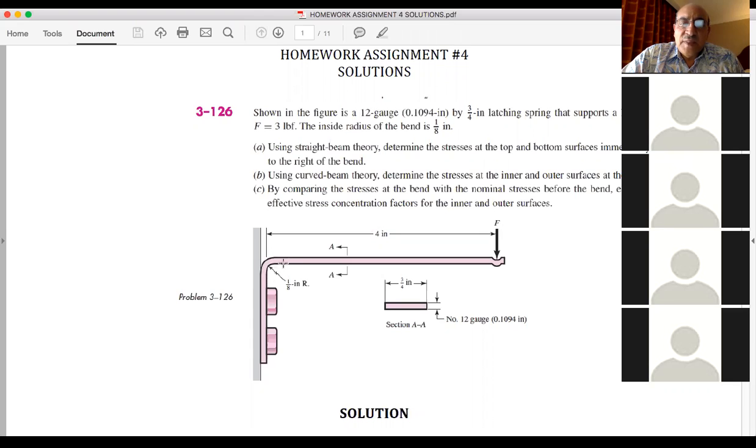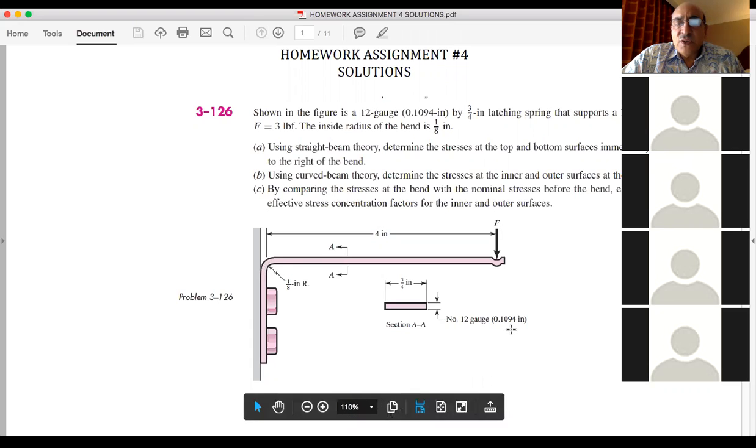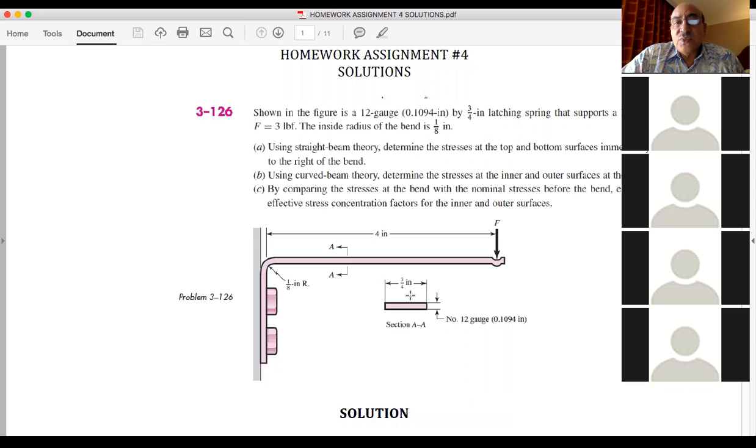Then when we use curved beam theory, we have an inner radius of 1/8, and an outer radius, you add the thickness of the beam, which is 0.1094. And we use curved beam theory to find the stress on the inner radius and the stress on the outer radius, and then we just compare. So that's kind of the idea for that particular problem,